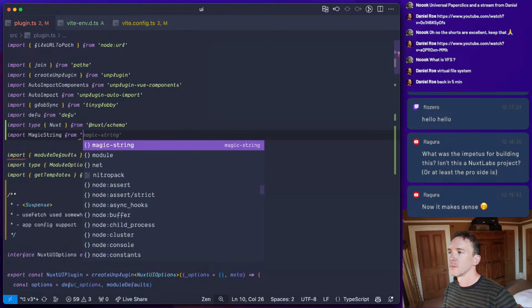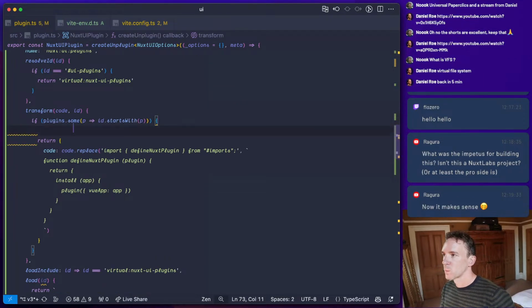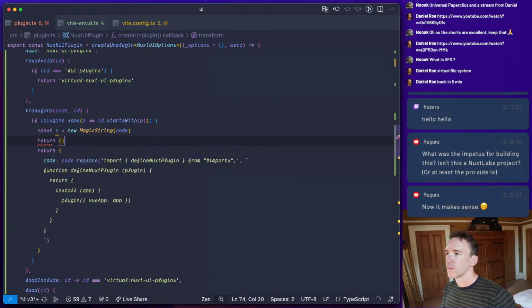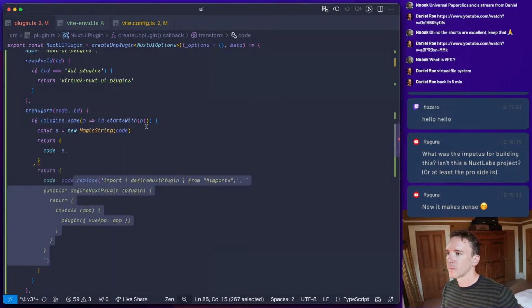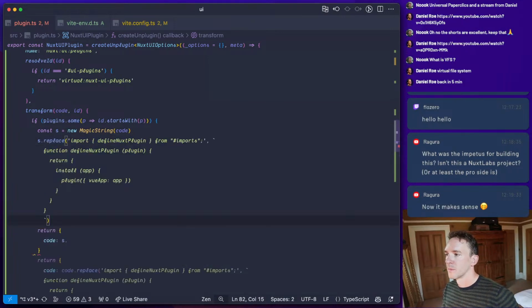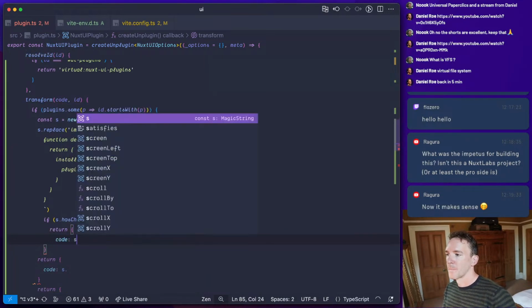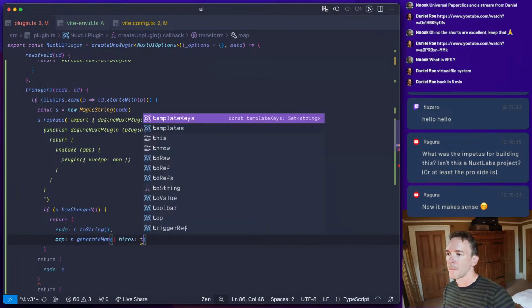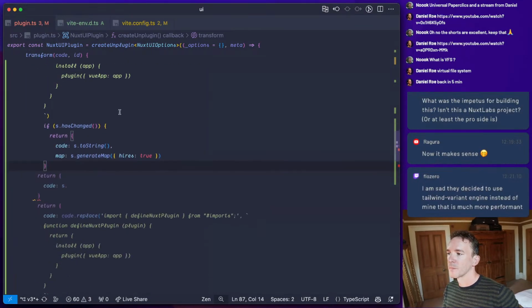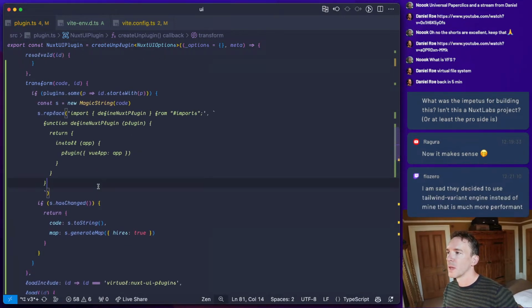Oh, no. There we go. We have source map support.